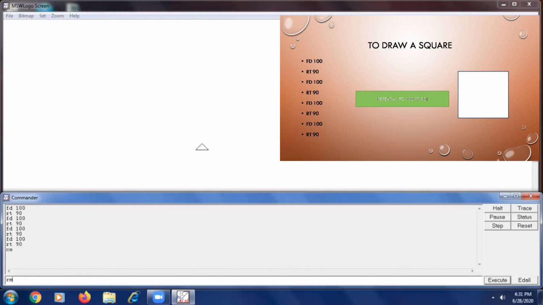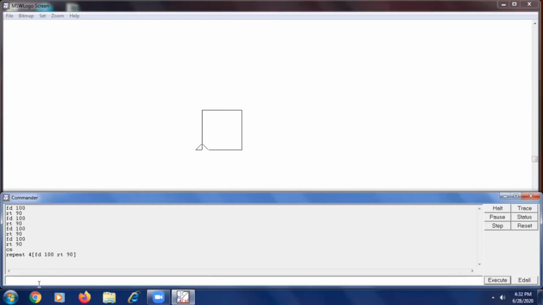And again let me write repeat 4 FD 100 RT 90. So instead of 4 times similar commands, we can use the repeat command. This is the way we can do it.